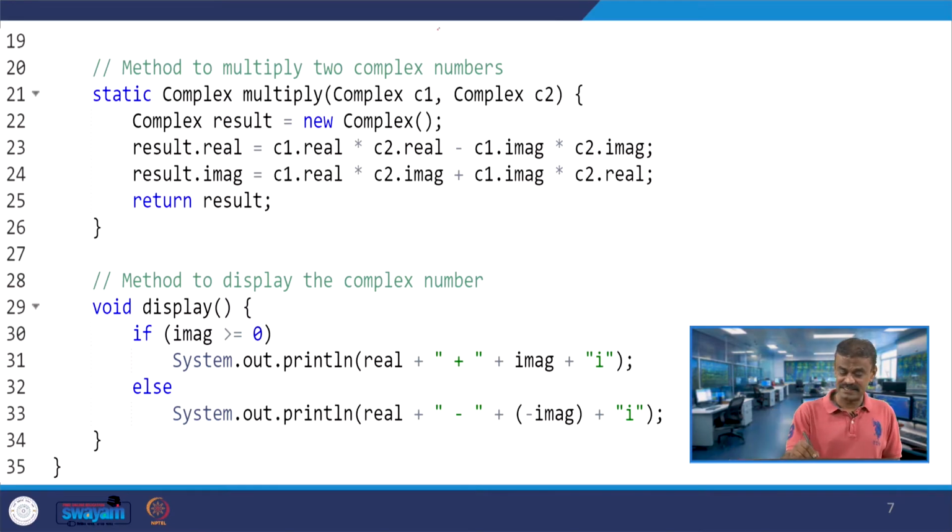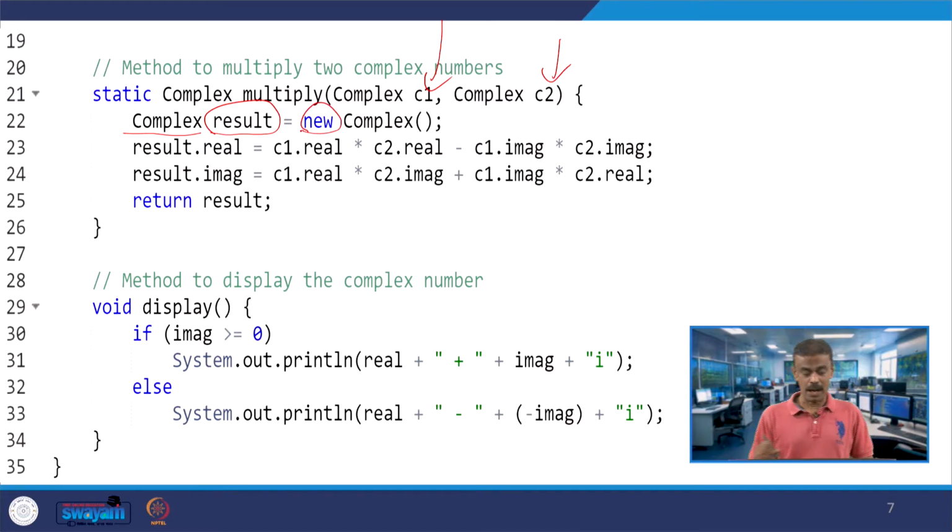So, here Complex C1 and here you have Complex C2, and you are having the result, which is an object whose class is Complex. So, dynamically allocating memory using the new operator, and this we are going to study. This syntax you please note is nothing but the constructor.